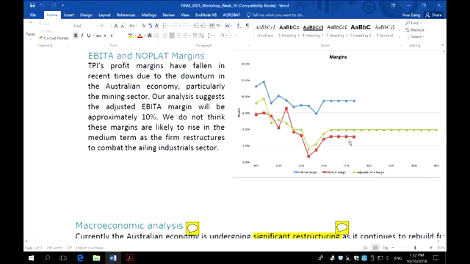Actually, they are talking about these three different measures of operation margin, but that's not a good way of writing in your report. "Likely to rise in the medium term, and that's the reason firm restructures to combat the ailing industry sector." What's that restructuring? The company did have something in financial year 2016 about shifting much of its resources to the